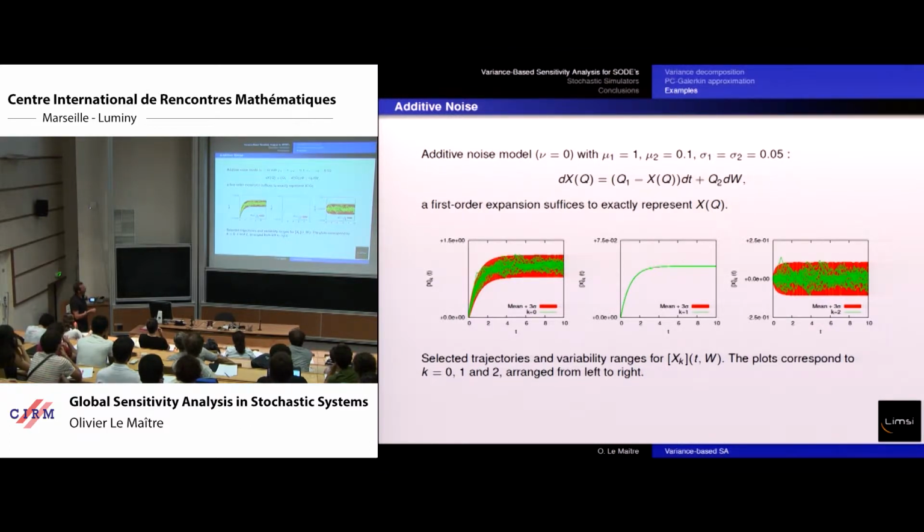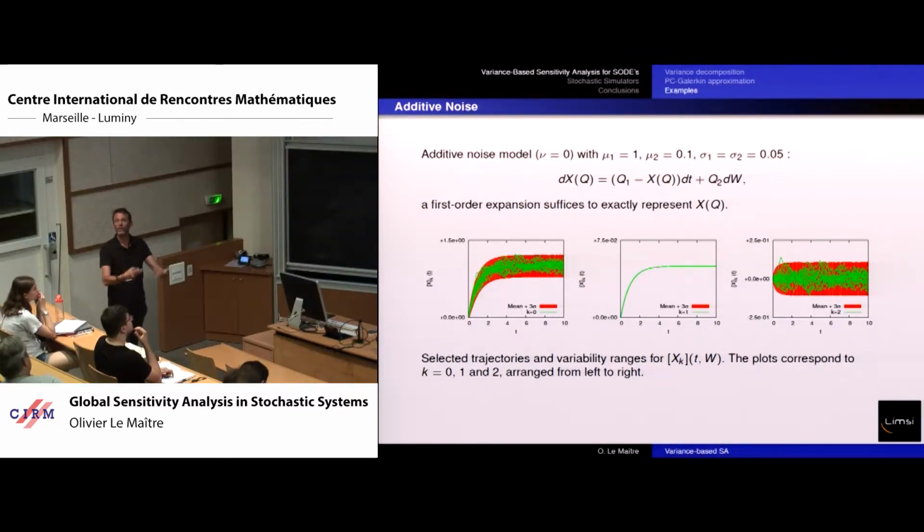Here are trajectories for the mode that is linear in Q1, so due to the drift, and you see that there is absolutely no variability, because basically the system has a completely deterministic evolution